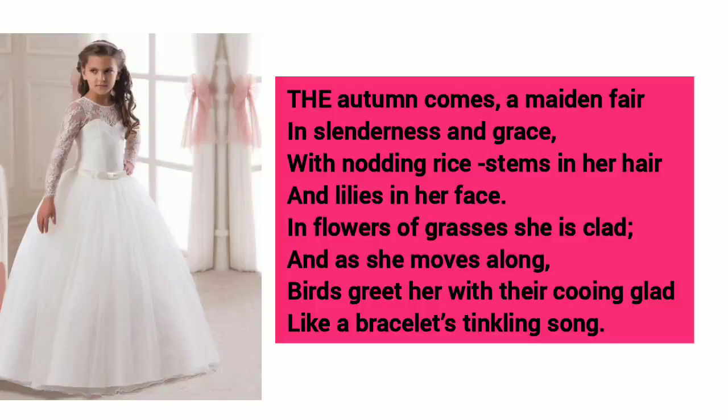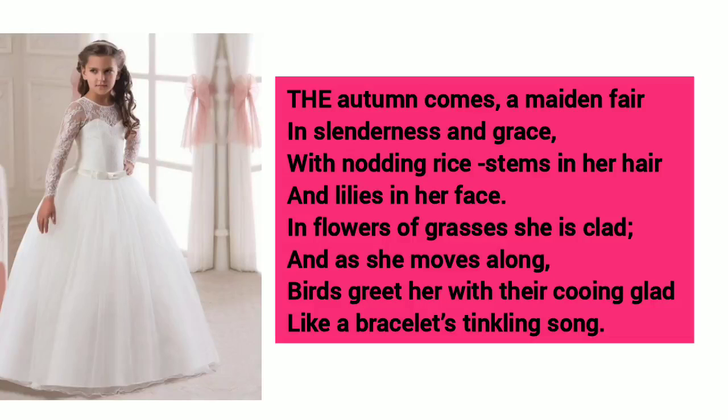So in the same way even autumn comes, autumn is being compared over here with a girl. The description is given just as it would be for a girl, they have compared it with autumn, how a beautiful girl is coming, she is slim, she's beautiful, and she has her grace. In the same way the autumn also comes. It is compared that autumn is also slim and it has its own beauty, right? As I said earlier, whenever it is autumn season, there is greenery everywhere. So autumn also has its beauty and also comes with a grace, with nodding rice stems in her hair and